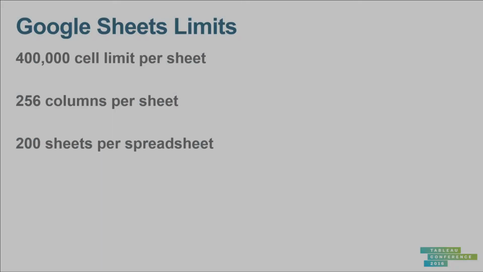Google Sheets has limitations on every individual spreadsheet as well. So 400,000 cell limit per sheet, 256 columns, 200 sheets per spreadsheet. It took me all of 42 minutes to hit that cell limit, simply by having a sheet that had roughly 10 columns with 66,000 rows. I thought my journey was done here. I thought I wouldn't be able to have large data sets for my auto-updating vizzes.